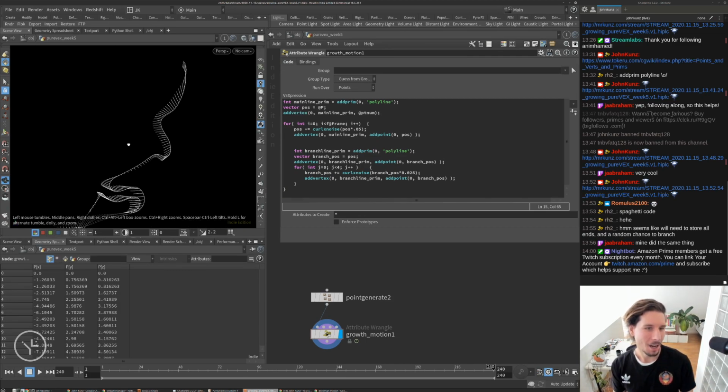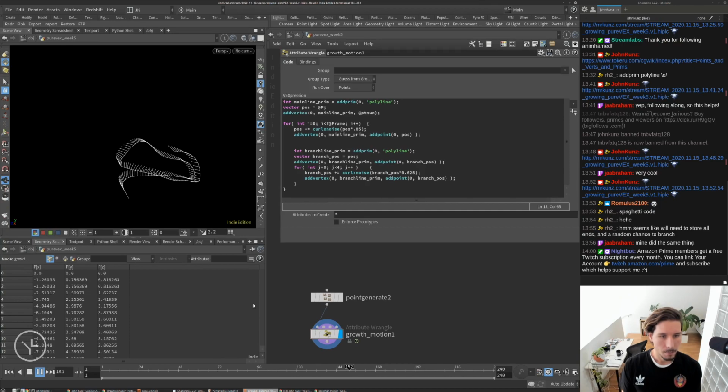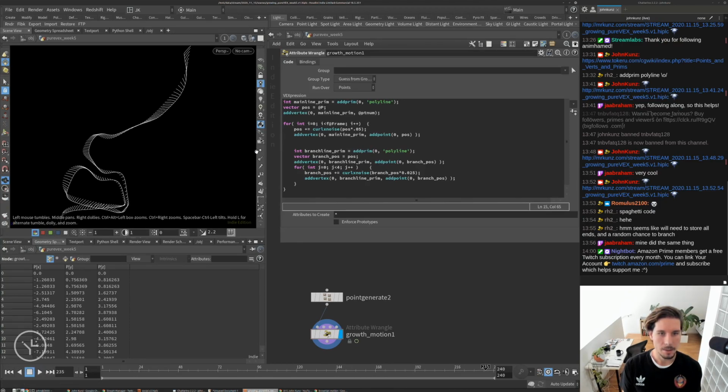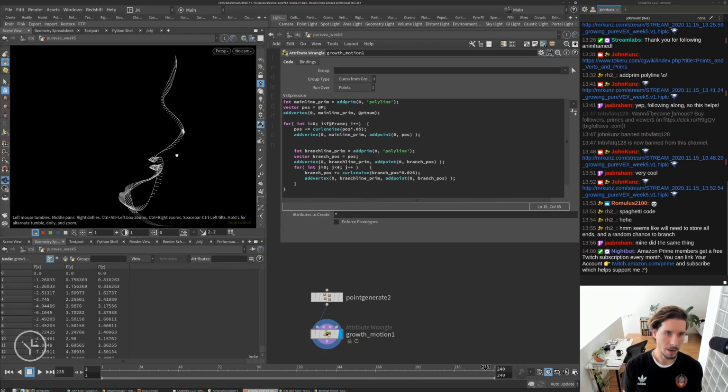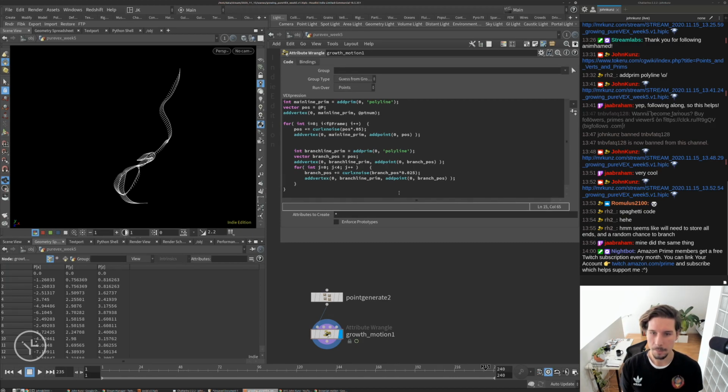It's not super close to what we want, but it's in the right direction. So one of the issues is that every step we're adding a branch. Another issue is just that these branches are too similar. So it looks a little bit odd, or it's just not what we're after. So what we can do is,